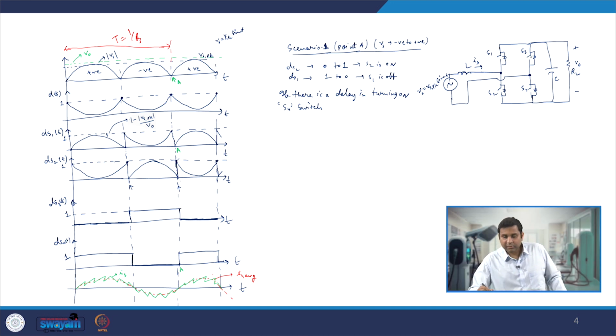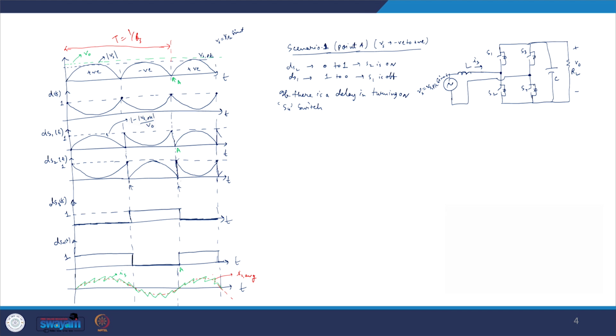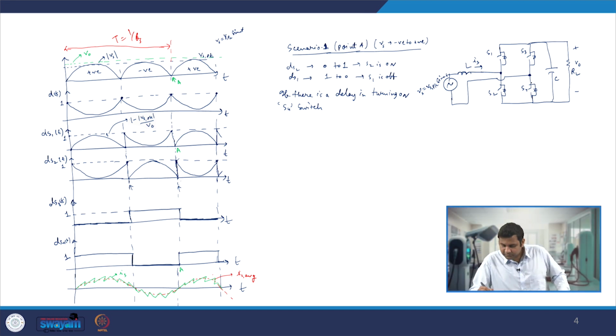So on to off it is going, that means you will just remove the gate pulses. When you remove the gate pulses here, S4 was already off. The diodes, depending upon the current in the circuit, will change their status. The diode of S3 or diode of S4 is on, and only then you are turning on the S4 switch. So there is some time zone where the turning on of S4 gets delayed.